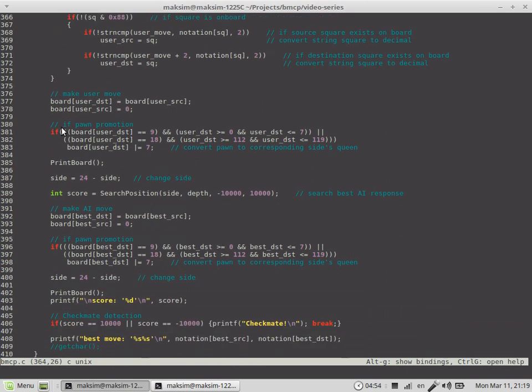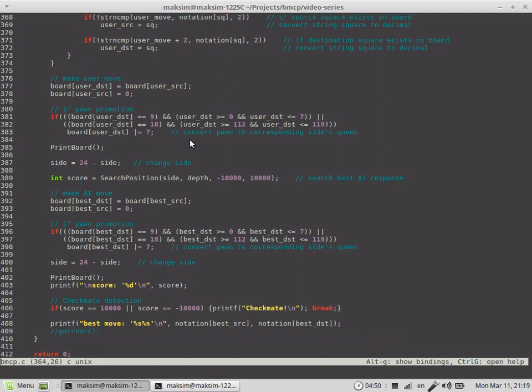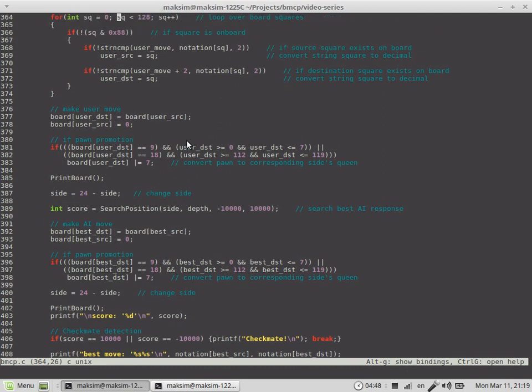And now an interesting part: the pawn promotions were done in the move generator in quite a pretty manner using the step vector variable, but in this case the step vector variable is not really available, so we will do this in a dumb and ugly code monkey way. So we just ask if the piece at the destination square is 9,